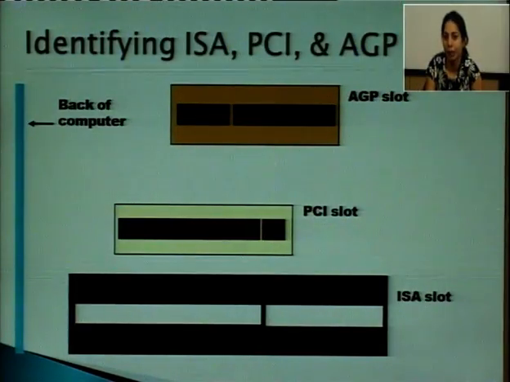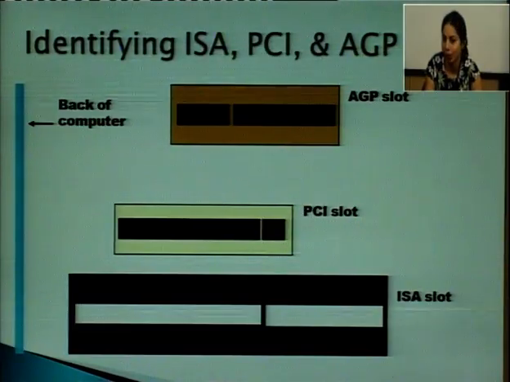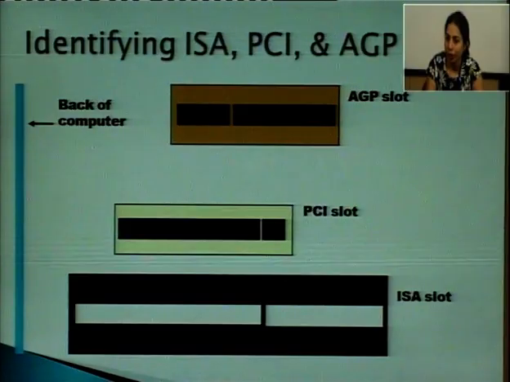Now, we can identify various ISA, PCI and AGP slots. Like in this diagram, the first one is AGP, that is accelerated graphics port, which has very high data carrying capacity. After that, we have PCI slots, which have very high data carrying capacity as compared to ISA, and it is replacing the ISA in our system boards.